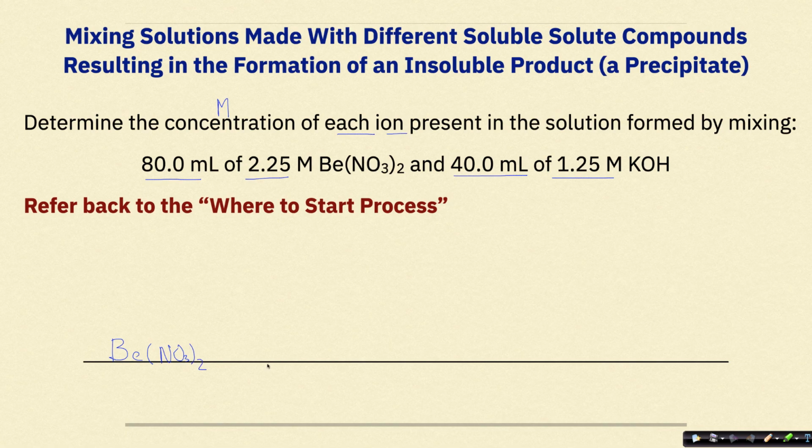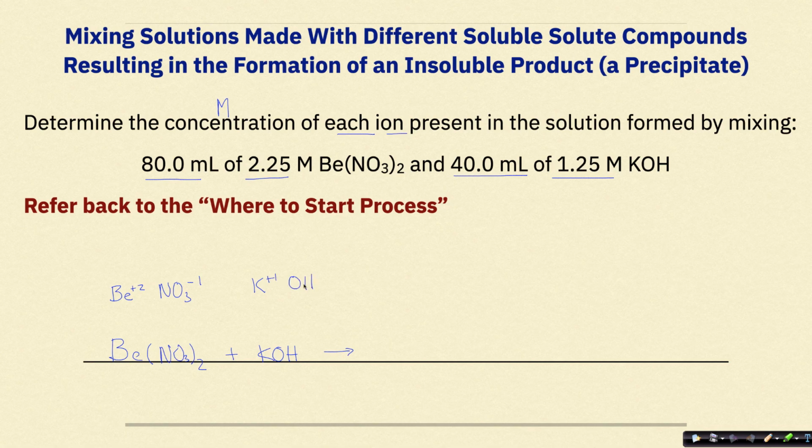NO3 2. Fantastic. That's one of my reactants, and my other reactant is KOH. Awesome. Now, this is going to be a double replacement reaction. So when I think of these two formulas and I break them up into their ions, I'm going to have Be+2, NO3-1, K+1,